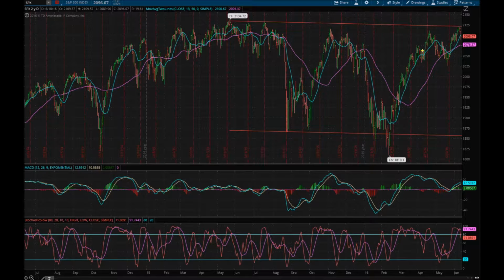So it just so happens that if we connect all the highest points over the last year, it does make this beautiful line. So because it's obeying that line pretty well, we're still in the channel. The channel, so to speak, because the bottom isn't necessarily a channel, but we have not broken the top level of resistance. Now, part of the difficulty in drawing these channels is,